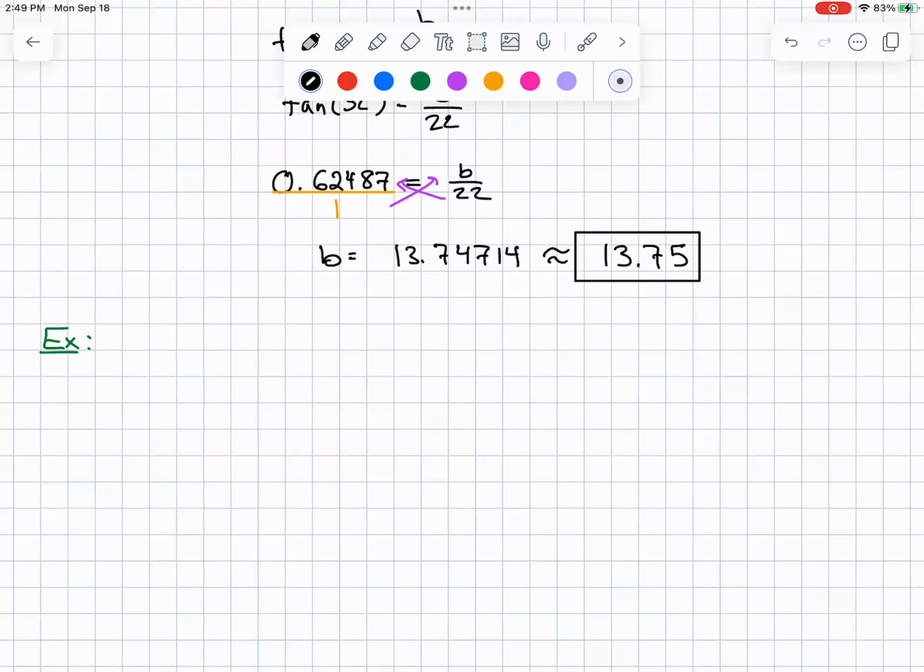Point being is that there are many implications to what trig can do for us. We're going to be using it for the solving of sides and things like that, but there are other things that it can do. So example,